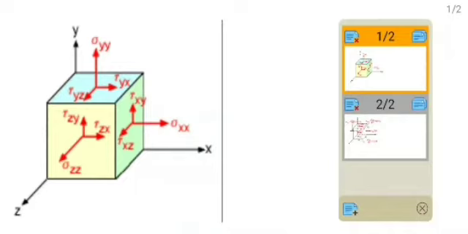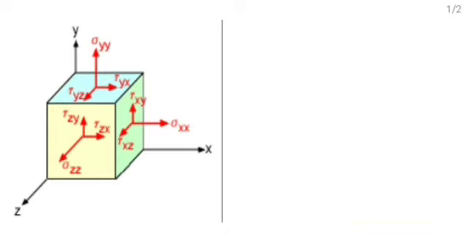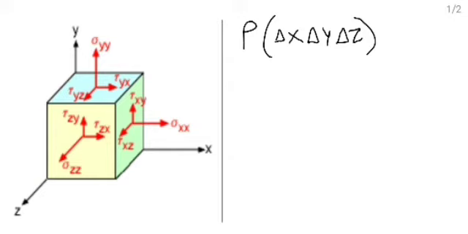So what have we done? We have taken a cubical portion of the fluid flow. The stresses acting on that fluid element can be described as shown in the figure. We have shear stresses along the plane. If we are considering the x direction, tau xy and tau xz, and normal stress sigma xx. So suppose we are analyzing the fluid element along the x direction using Newton's second law. We will be getting mass, which is rho times delta x, delta y, delta z, provided these are the dimensions of the cubical element we have considered, times acceleration along the x direction, equal to